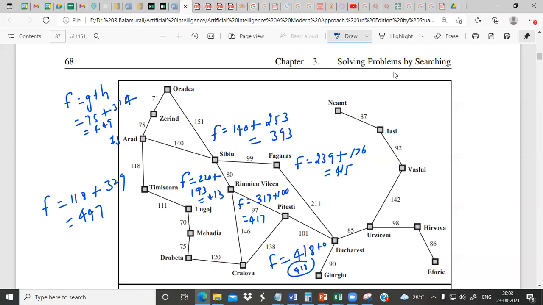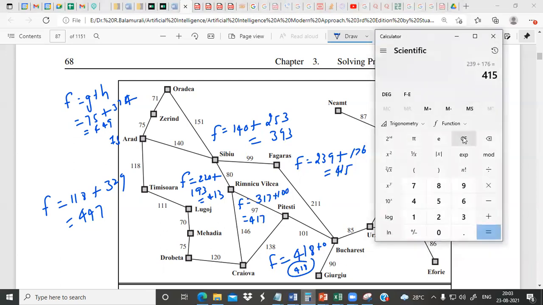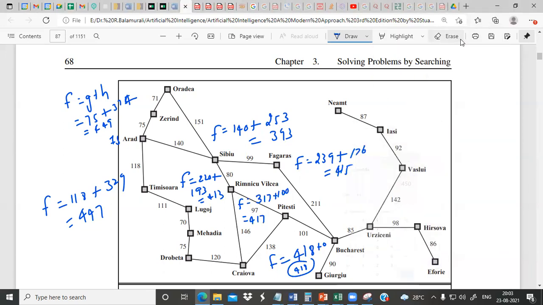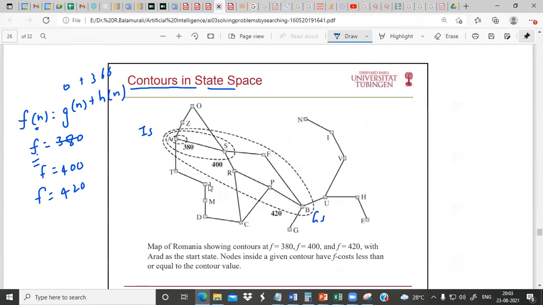415. So this is 239 plus 211. 239 plus 211 is what? 239 plus 211 is 450. So this way we cannot include Bucharest because our maximum limit is 420, right? And that is the reason here Bucharest is included. So the point is, now we have reached the goal state and we have identified the